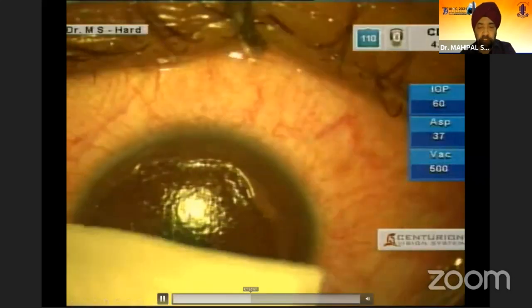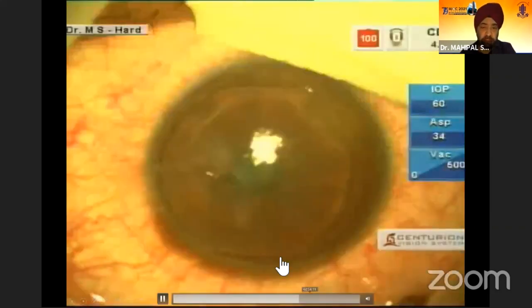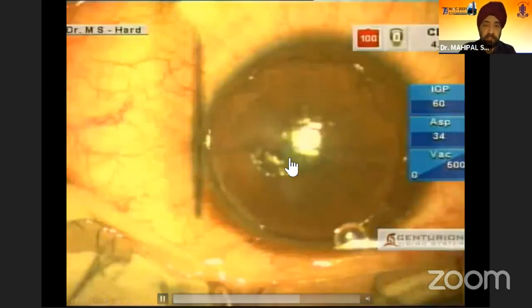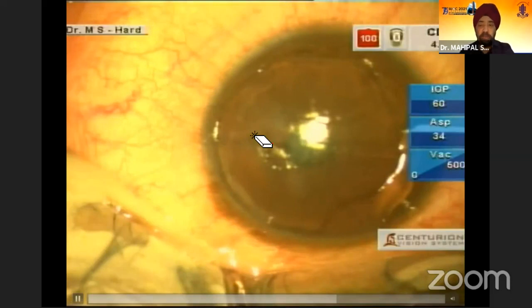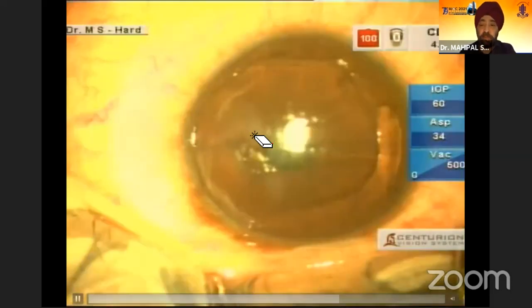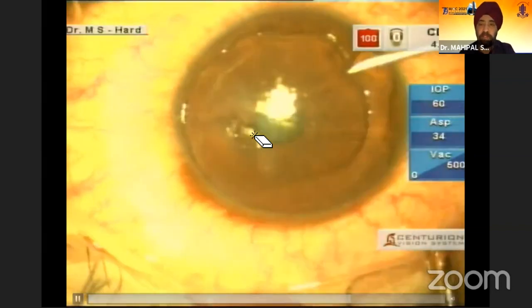You wash it. You can use alcohol. You can use mitomycin C, and you can put glue and a contact lens. So you can see this is the area where you had the epithelial ingrowth and the collagen melting. So glue can be put at that particular time, which we are putting. So this is the glue, so that you don't get an epithelial ingrowth again.